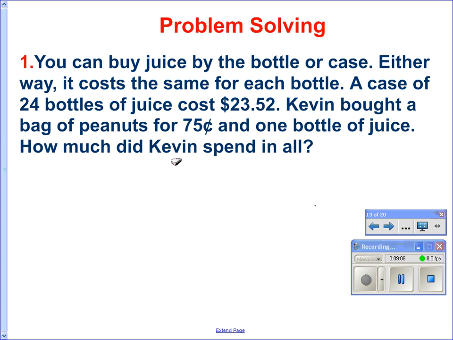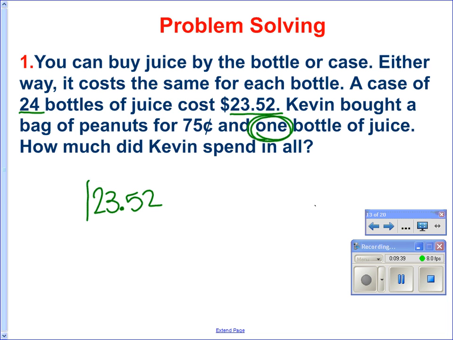This is a word problem. It says you can buy juice by the bottle or case. Either way, it costs the same for each bottle. A case of 24 bottles of juice costs $23.52. Kevin bought a bag of peanuts for 75 cents and one bottle of juice. How much did Kevin spend in all? So this is going to be a two-part problem. We know that 24 bottles cost $23.52, but we only want one bottle. So we are going to divide